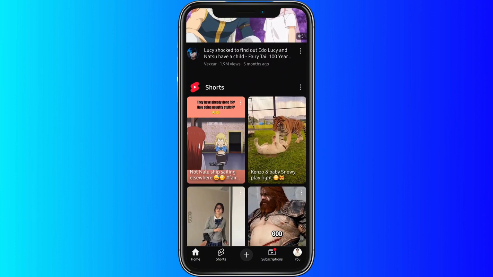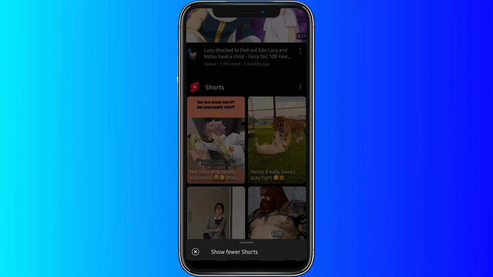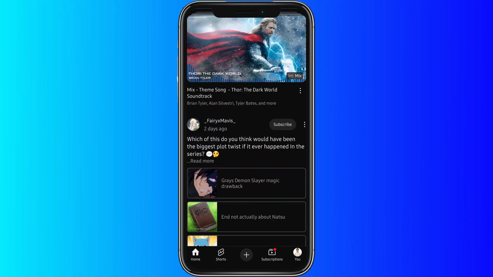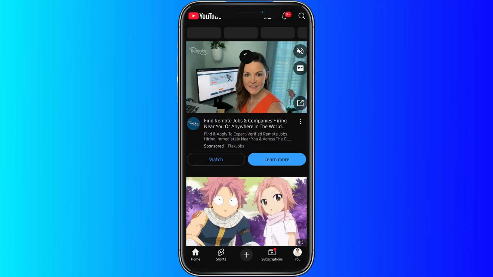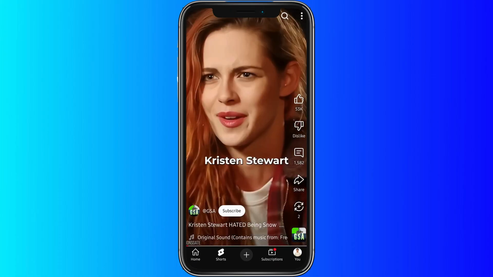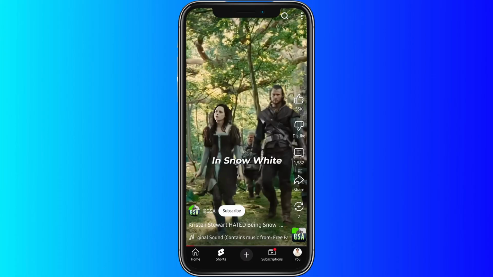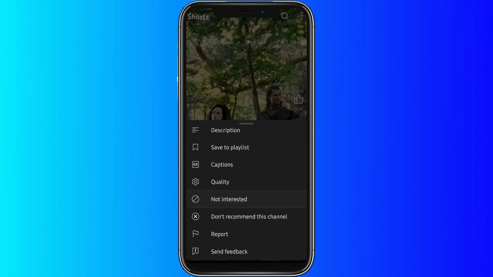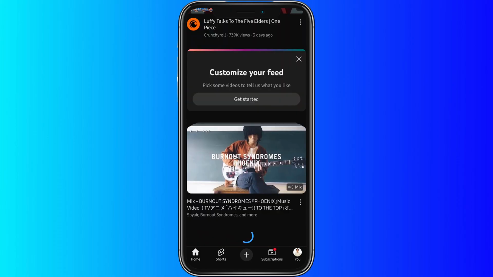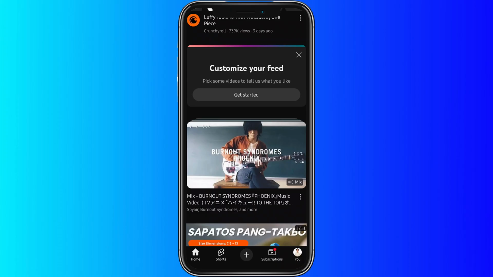Just click on the three dots right here, and then click show fewer shorts, and that should remove the shorts now on the main interface. You can't remove it from the main app itself. That would be impossible. But what you can do, keep on clicking not interested, and apart from that, go to your account,